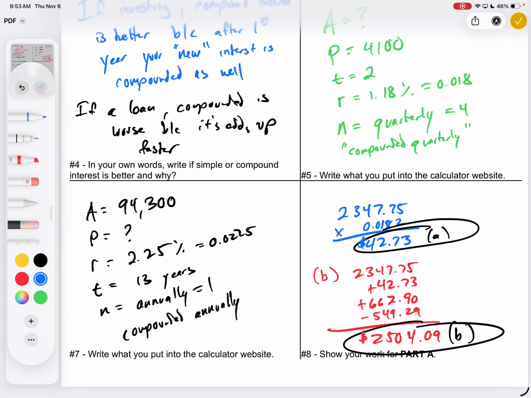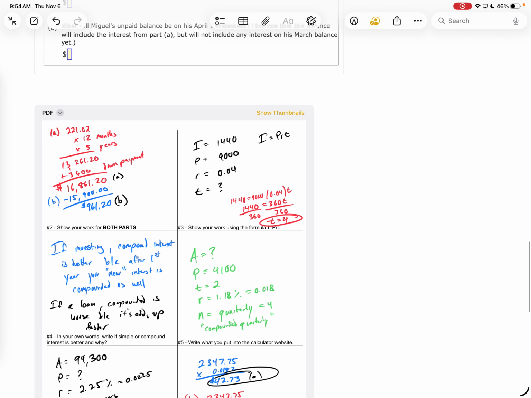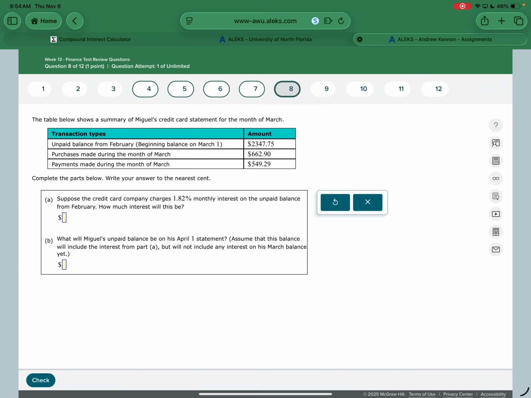And that is what happens with credit card payments. It's like, oh, okay, I got a little balance, that's fine. I only spent about $600 this month. You just don't really look at it. You say, I spent about $600 this month, so I'll make about a $600 payment. Well, then all of a sudden you went from $2,300 to $2,500 because you got the interest plus any difference in payments and purchases, and it just keeps adding up little by little when you don't pay it off. All right, the last 4 problems